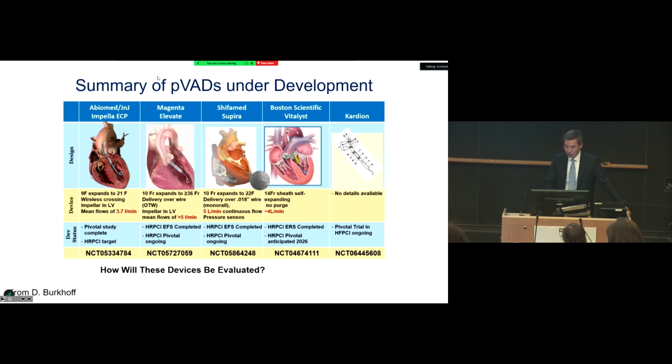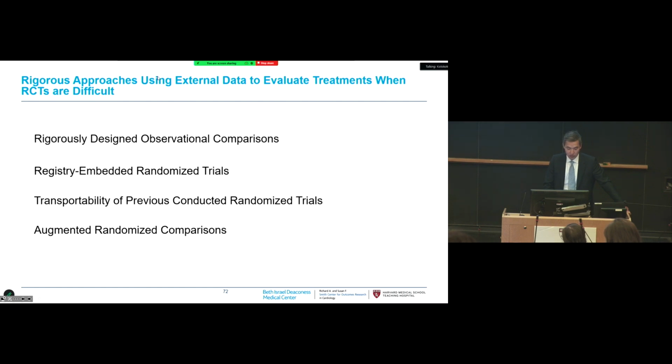Dan talked about the regulatory pathway for these devices. Because shock is so challenging, it has not been to do a randomized trial in shock, but to do what I'd call a regulatory end around, which is to get approval for an indication, high-risk PCI, which is stable, a totally different condition, and then maybe take on cardiogenic shock in some other form. And actually, the original approval for the Impella device from Abiomed was not a randomized trial in shock. They did a randomized trial in high-risk PCI, they got approval, and then enough off-label use happened for the device in shock patients that they were able to use that off-label use to get an approval.